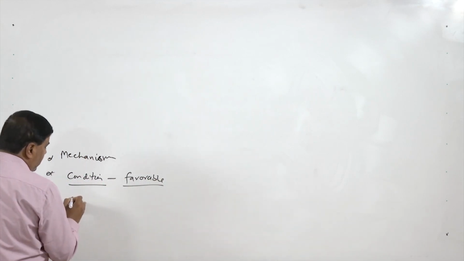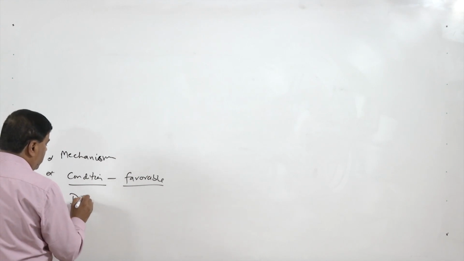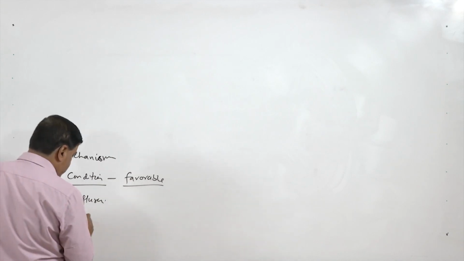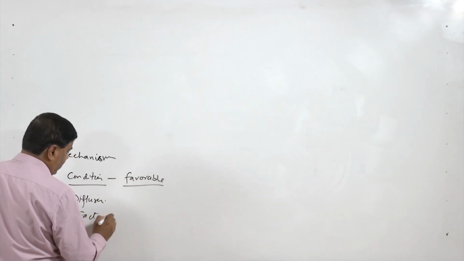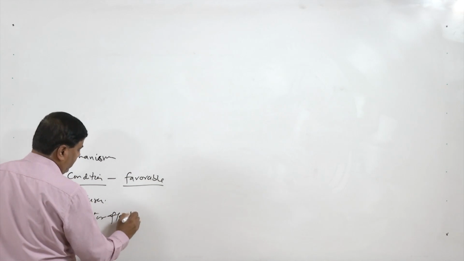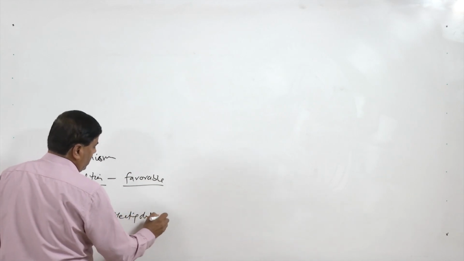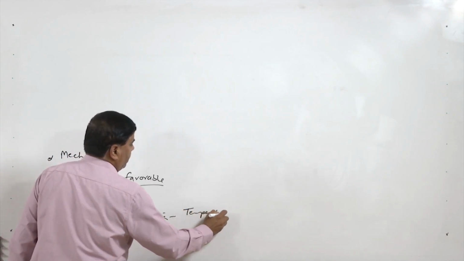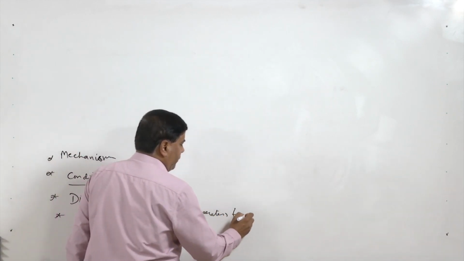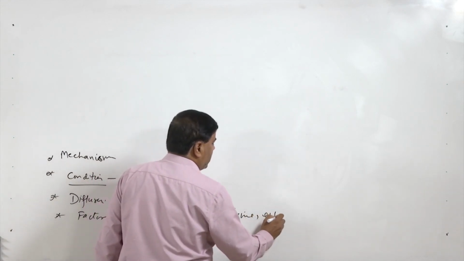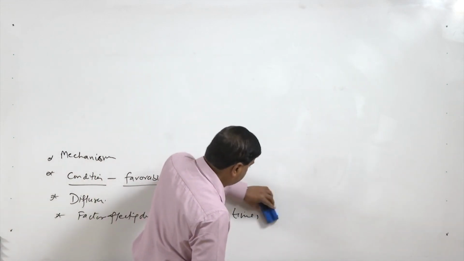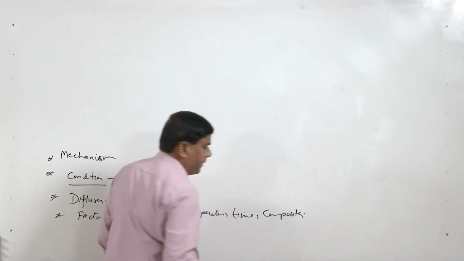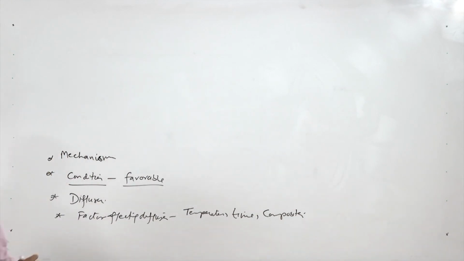Then we will talk more about the diffusion related aspects and the factors affecting diffusion, like mostly temperature, time and maybe sometimes the compositional aspects, the composition of the metal systems which are being joined, and then we